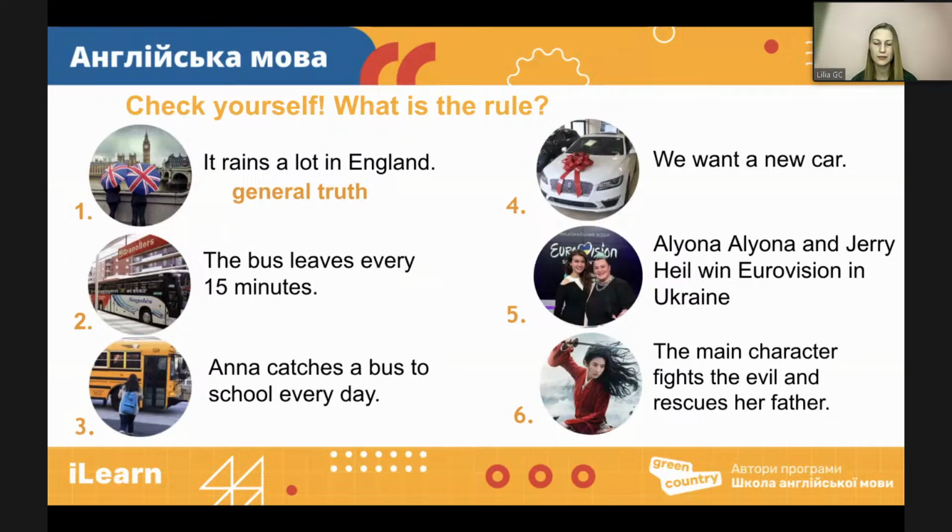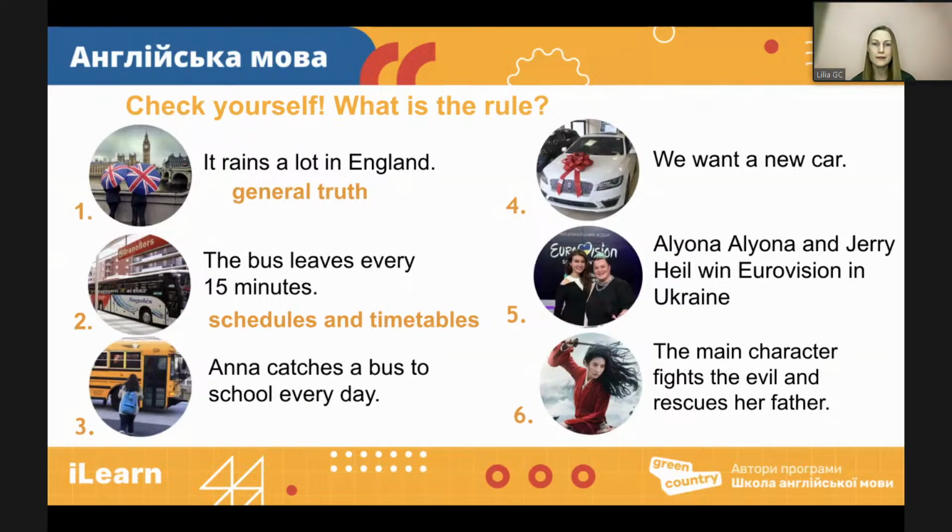Again, any of your ideas? All right, so it lives in the future, but still we show it in present, so that's schedule or timetable,